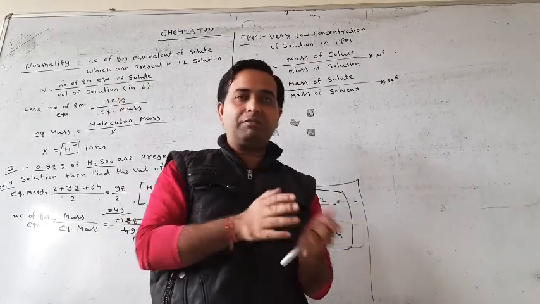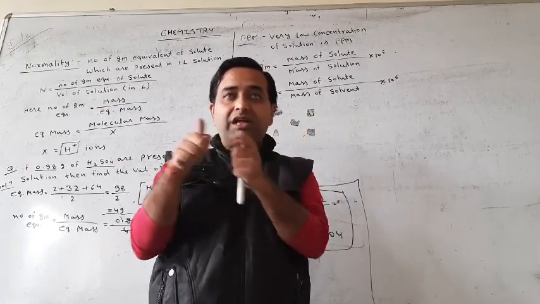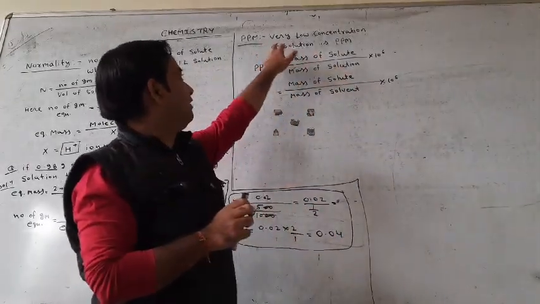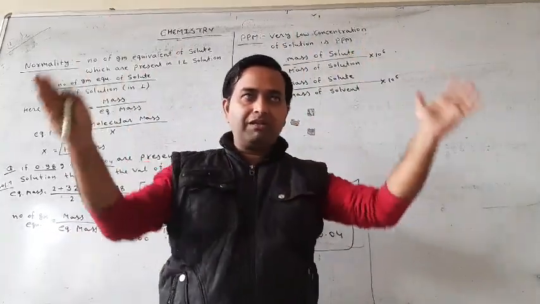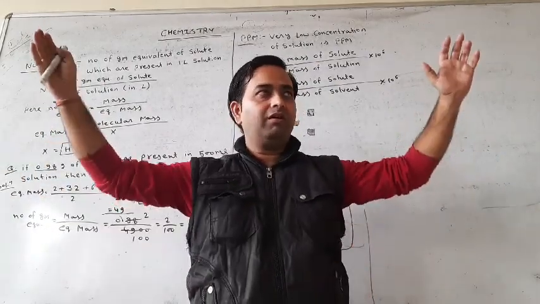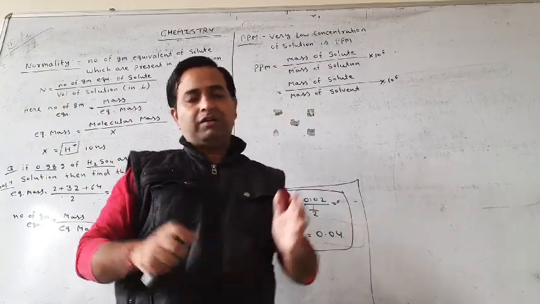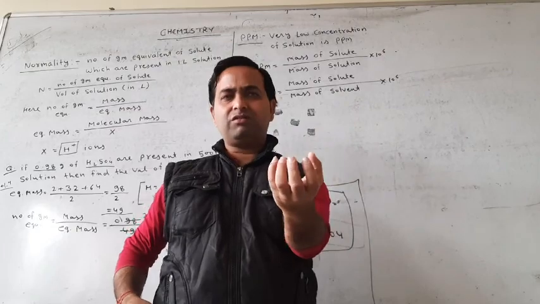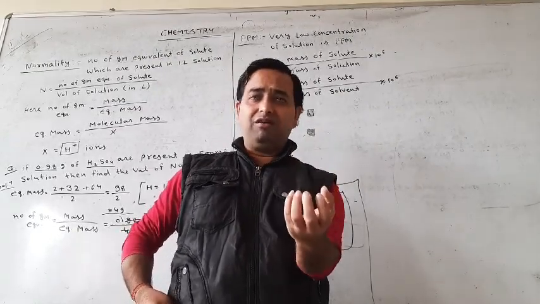How many molecules are present in a particular area? So to calculate it at the broad level, we use ppm, for very low concentrations of solution. If you have a big water jug, big jar, big bucket, and a little solute in it, then after dissolving,